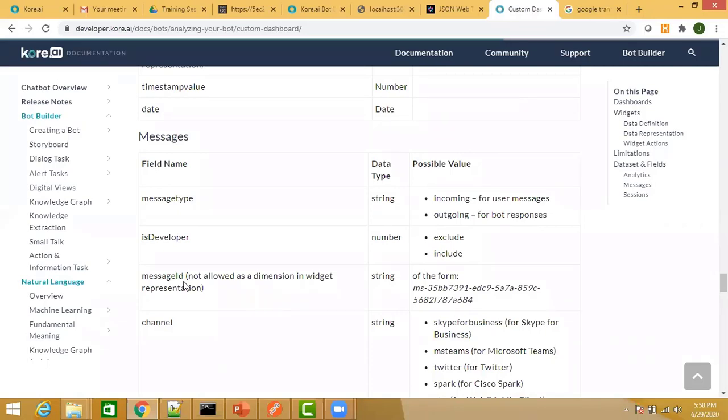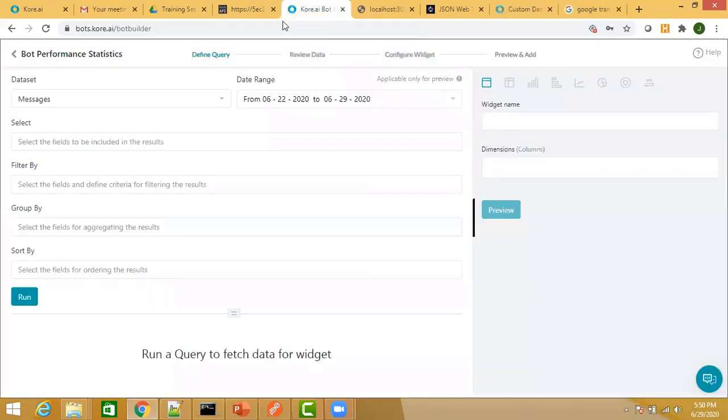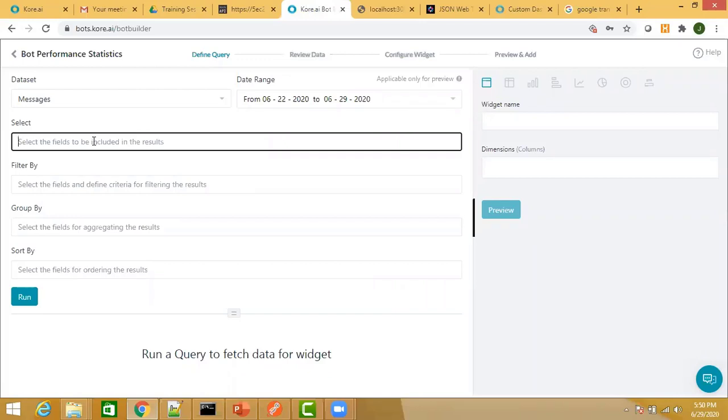Okay, so let's say I'm going to build a widget now. Date wise, how many incoming messages and how many outgoing messages. So that is the message type field I want to display. So we come back to the bot builder. Okay, so the data set is messages. In select, put in your select command.